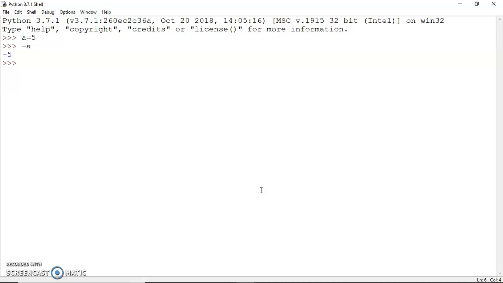And if I write something like a is equal to 5, b is equal to 7, and then a minus minus b, the answer is 12, because a minus minus b is equivalent to this. Here we have the unary operator which negates the value of b, and this negation makes it positive, so the answer is 12. So these are the unary operators in Python, the unary plus and unary minus. The unary plus does not do anything to the operand, it simply returns the operand.